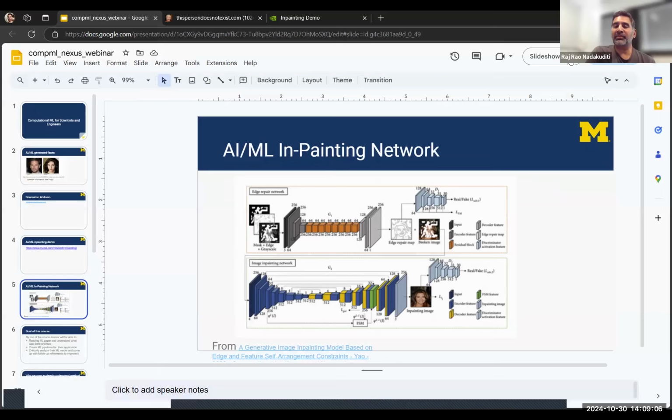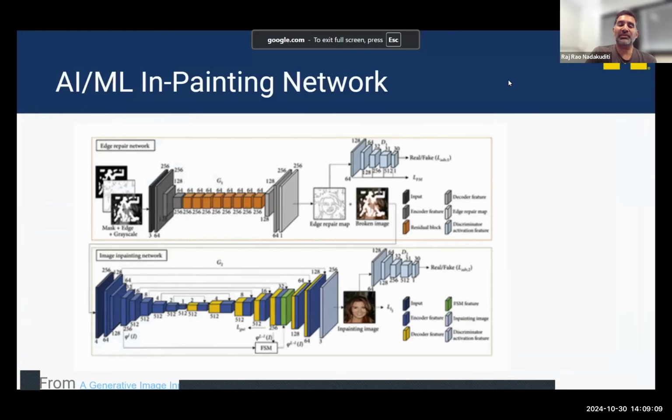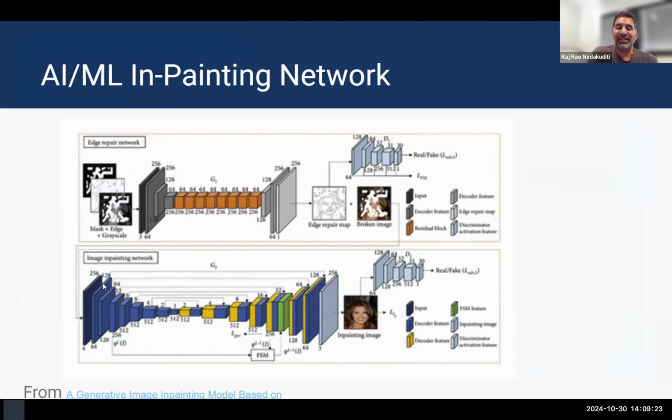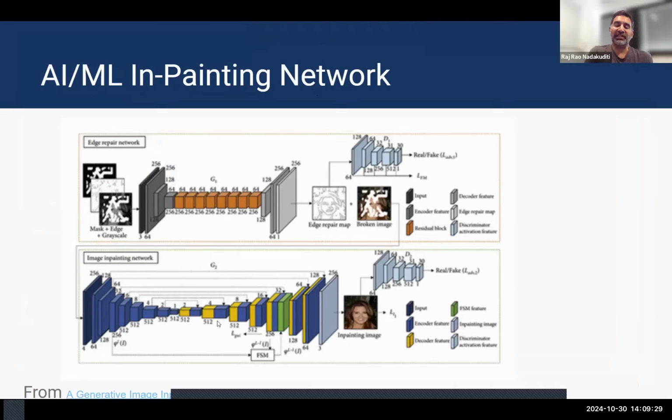So at a high level, what we're trying to do in the course is this: when you see examples like inpainting or deep fake generation or other examples of generative AI, and you open up a paper, you'll see examples of neural network architectures that look something like this. This is an example of an image inpainting network that was taken from one of the papers listed at the bottom of the slides. The goal of the course is, by the end, you should know how to read these papers, be able to implement these neural networks, and be able to evaluate them in a way that lets you understand their strengths and their weaknesses.